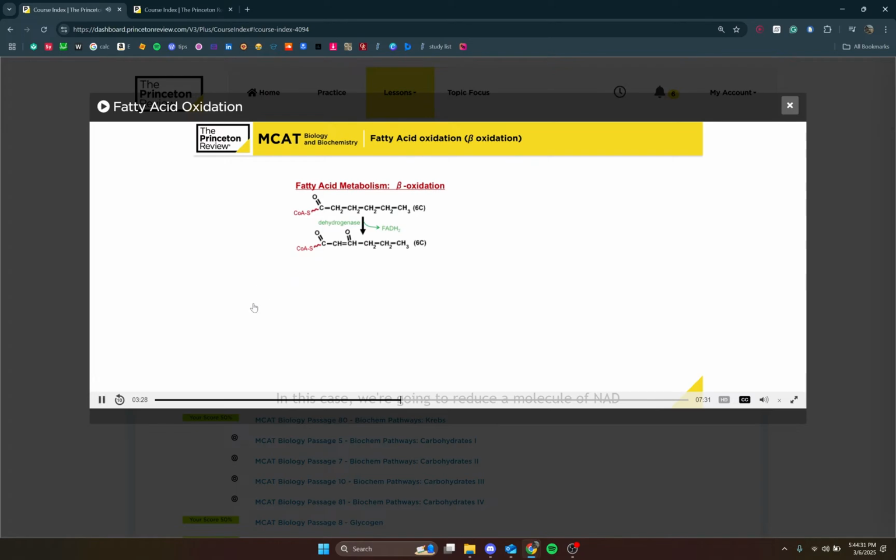In this case, we're going to reduce a molecule of NAD to create an NADH. Then we're going to attach a coenzyme A to this carbon. Just imagine that for a moment. If you've got a coenzyme A here, now you have two units that look awfully similar. You've got this guy here, you've got this guy here. And so we're just going to break them right there. And what we end up with is a 4-carbon unit with a coenzyme A attached and an